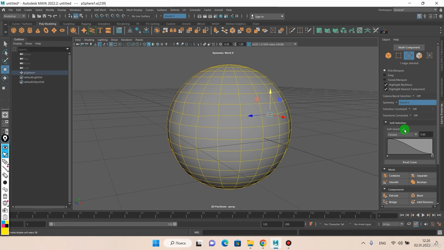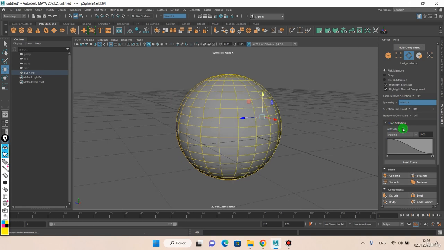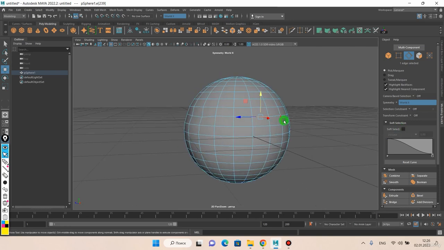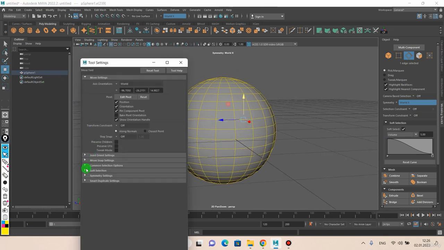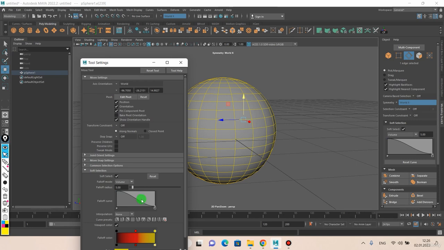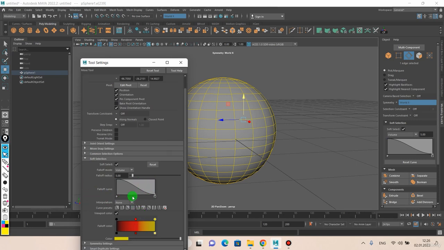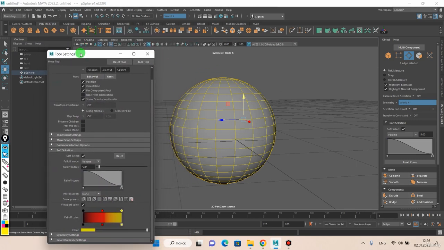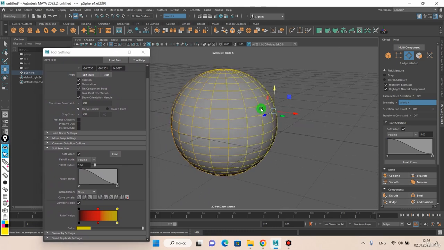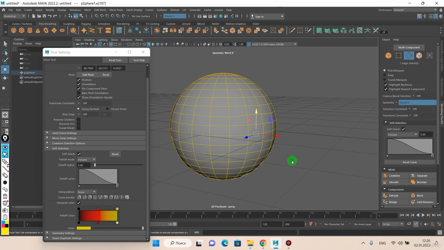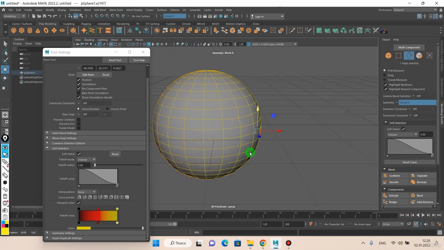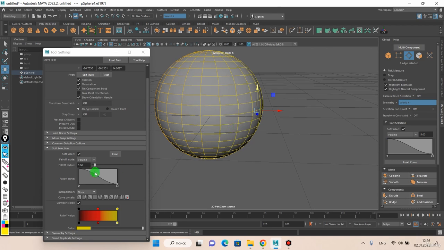So the next thing we have is soft selection. In some other programs it's called proportional selection, and as you can see, when I enable it, everything appears in the yellow tones. We can also access the options of the soft selection if we go to tool settings. In our move tool settings, or rotate tool settings, or scale tool settings, the options are duplicating each other, and